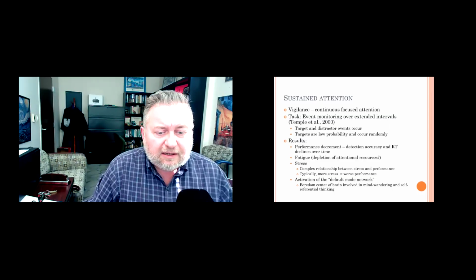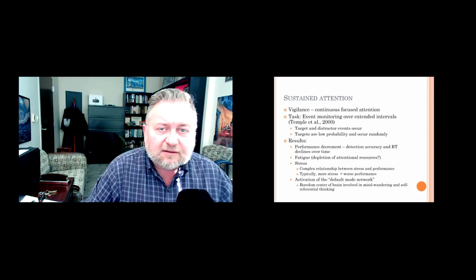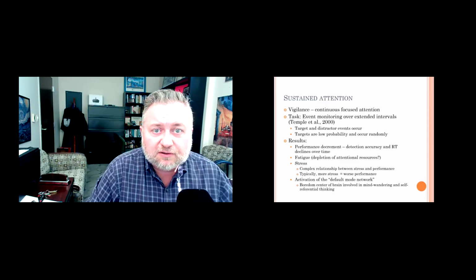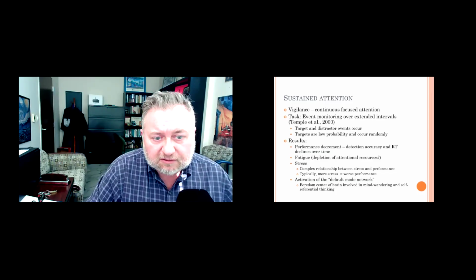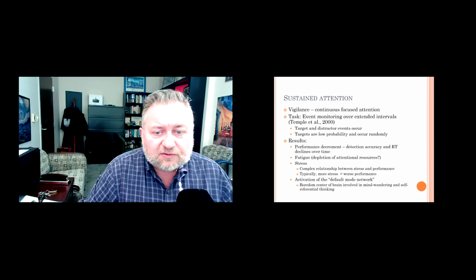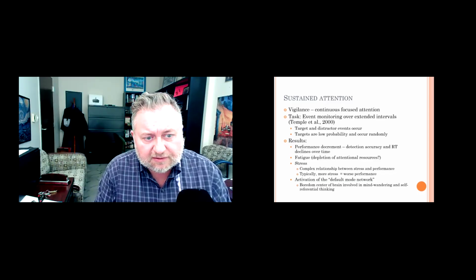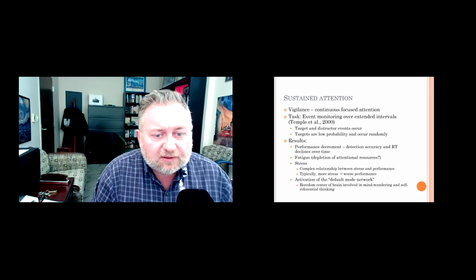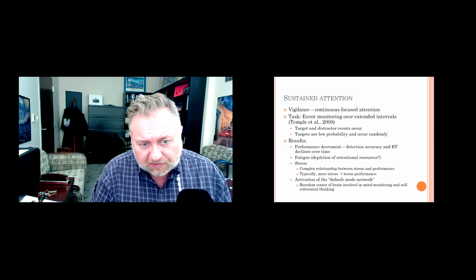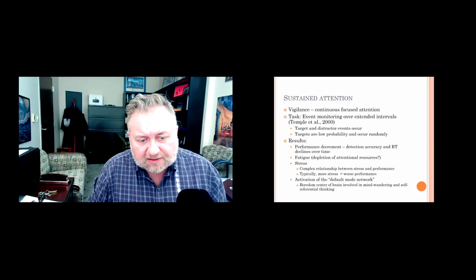We see what's called a vigilance decrement, right? Your ability to detect the target stimulus decreases, so you have fewer hits and more misses. And when you do detect it, your reaction time is going to be a little bit slower. So this research here coming from Temple and others back in 2000. Of course, this methodology has been done many times in the 26 years since then. So we got the performance decrement, right?